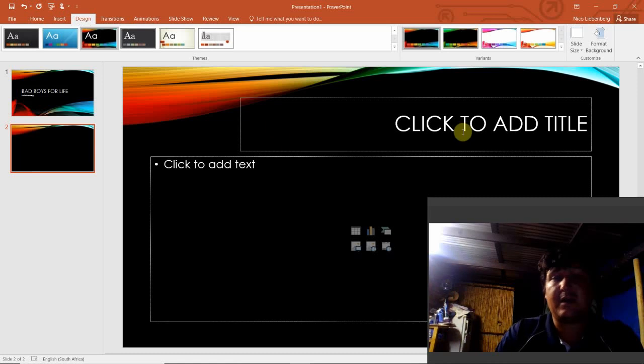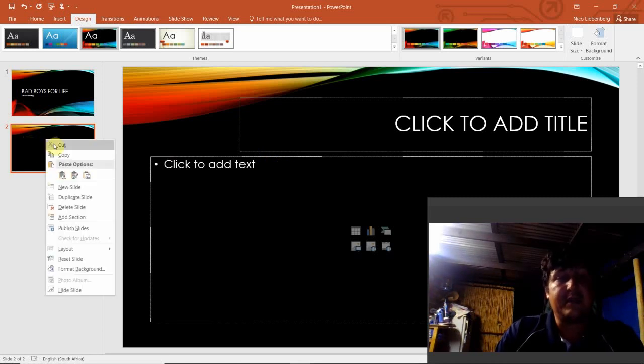Now for instance over here I can add a title and then I can click to add text, or you can use these short functions over here to add a bit of extra information. But how to insert your pictures we'll get to in a little bit. Now first things first is this is a basic standard layout that they give you. Now you can change that, so just make sure that your mouse cursor is over this specific slide, right click